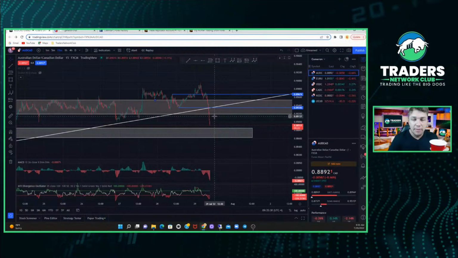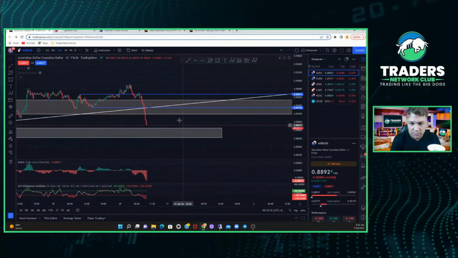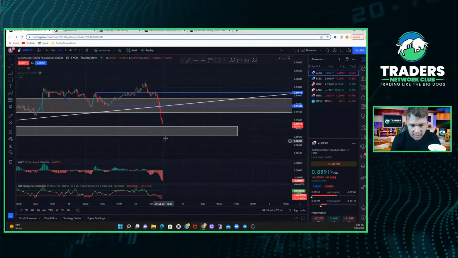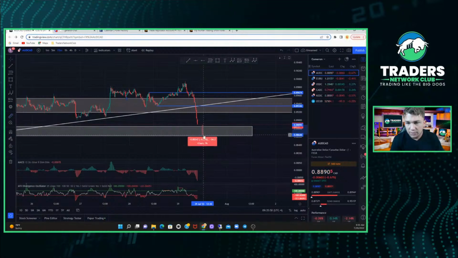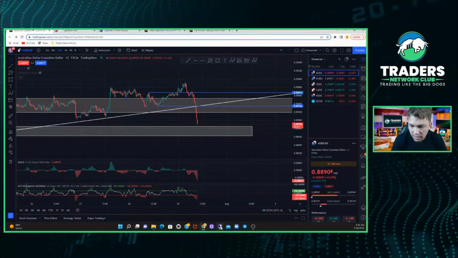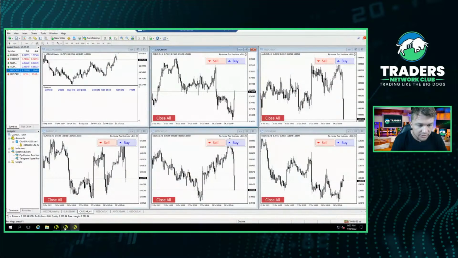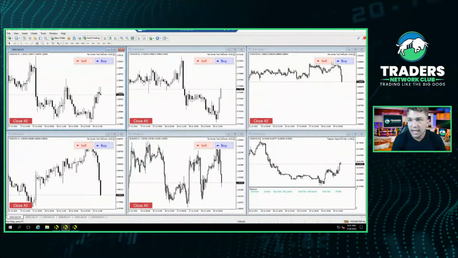It's pretty loud. But we always do dollar cost averaging in case of correction moves against us. But from what I'm seeing right now, I don't see any, and price is moving so fast. We should probably just get in here before we lose some pips. So I'm going to go ahead and pull up my VPS right here, Aussie CAD. I'm going to go ahead and sell, and just like that, I am in the trade